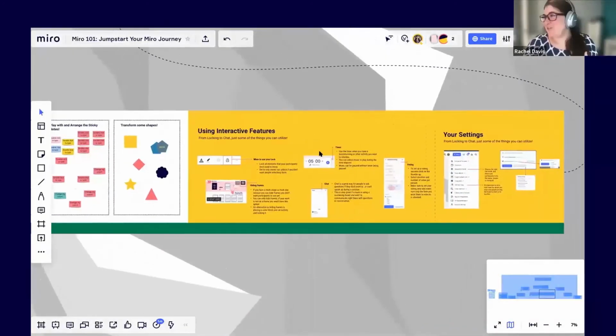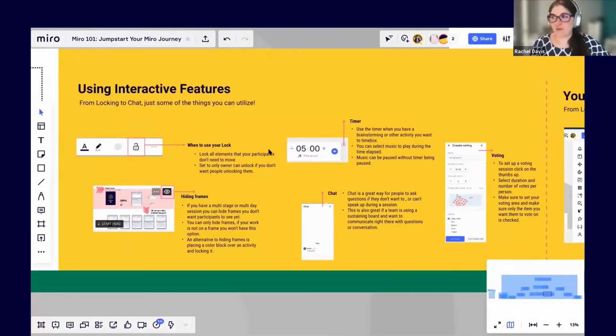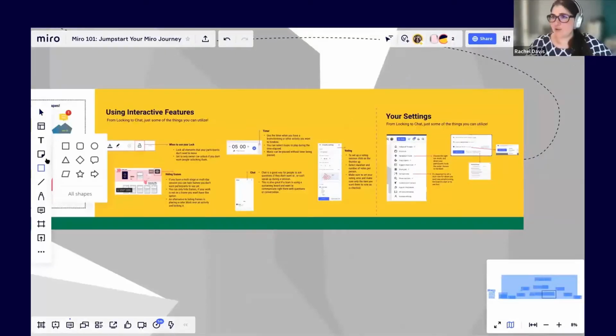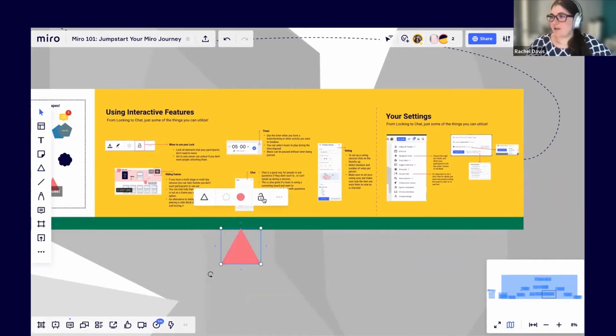All right. So we talked about some of these interactive features already, but I just left them here on the board. So if you guys want to go back to this board and see it, you can. I'm going to talk a little bit about locking right now. So Christina was talking to you about that earlier. So let me go ahead and create just like a shape down here. So you'll see this little lock comes up here. So if you wanted to lock this shape and you didn't want anyone to move it, you just hit that little lock. So you'll see when you lock it, there's 2 options here, a long press to unlock.